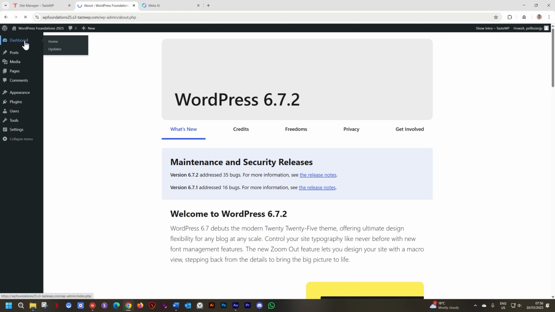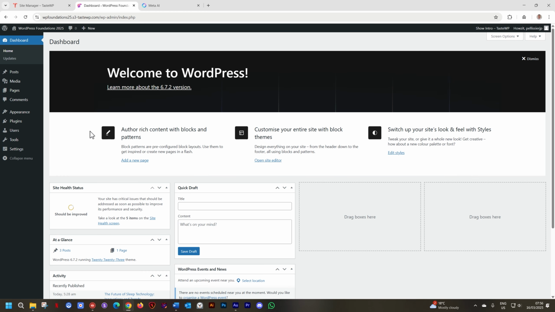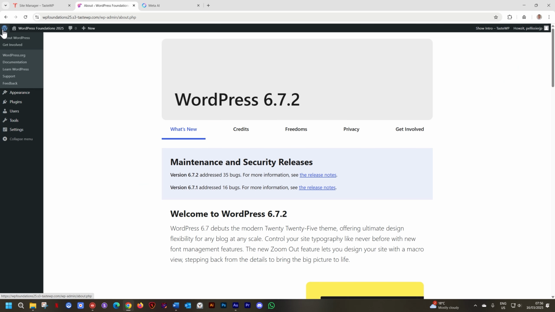And if I click again on the dashboard, I'm back in the dashboard. So just remember this. Where is the dashboard? What does the dashboard do? It just shows you an overview of your site and you can pin some stuff here, if you're going to use that. You may not. And then you have that WordPress area there that shows you the latest installation and what is available.